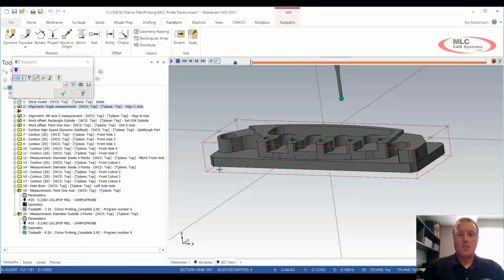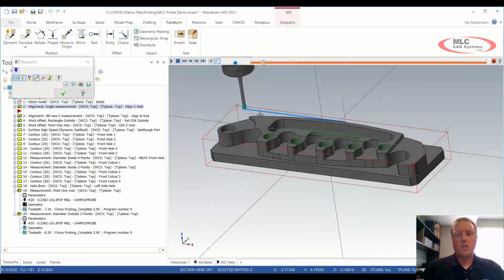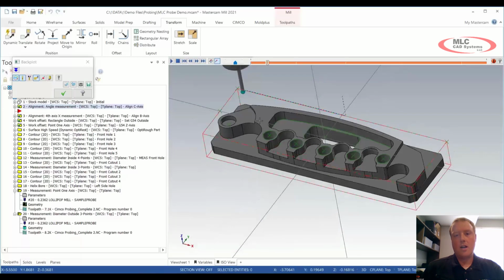So the first thing we're doing on this part is coming down and taking 2 hits on the back of the part, and this is going to update the C-axis. Once the probe cycle touches the left and the right side of the part, it's going to compare that, make sure it's straight, and then apply some comp to my G54 C-axis